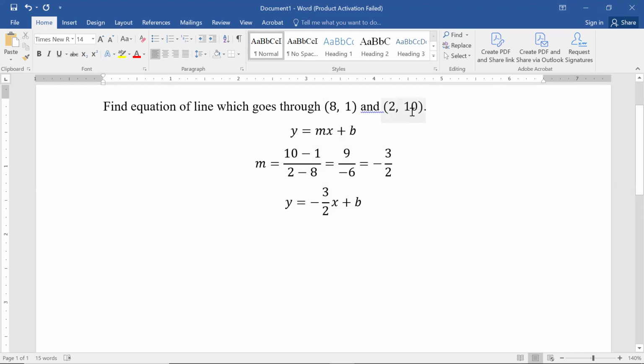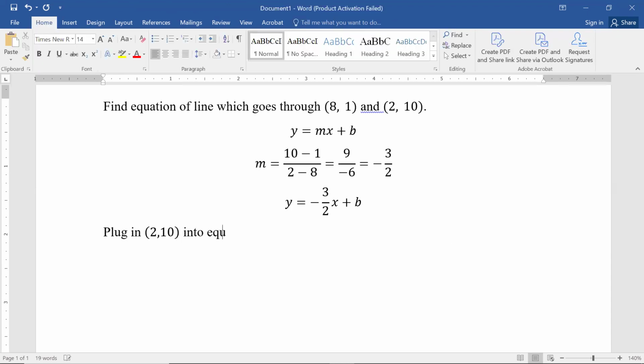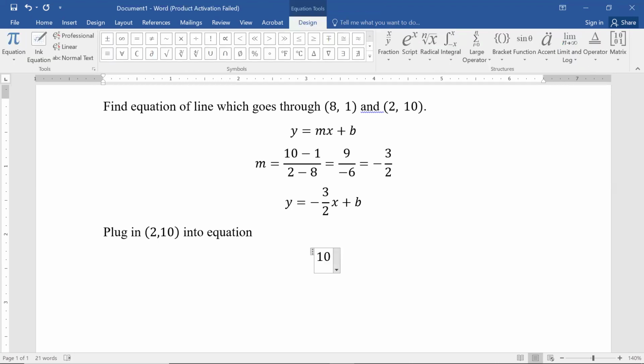That means if I plug in the point (2, 10), I get a true statement, or if I plug in (8, 1), I get a true statement. So I just need to plug in one of them. It doesn't matter which one. If I plug in, let's say (2, 10) into my equation, again making sure that I plug the 2 into the x value and the 10 into the y value,